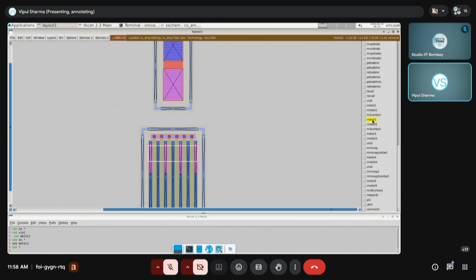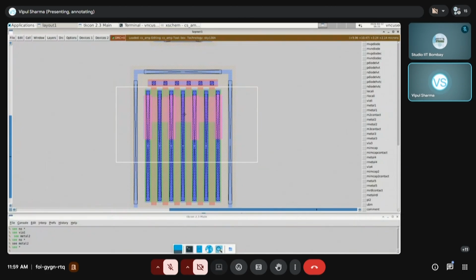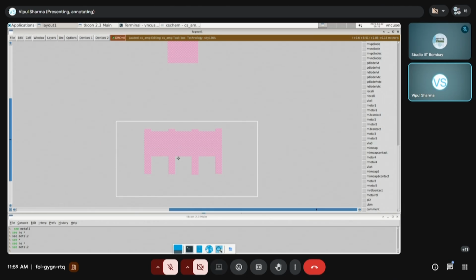So this is metal 2, and I want to paint this region using metal 2 because I have to make connection between these four terminals. So take your mouse over metal 2 and press the mouse wheel or the center button if that is available in your mouse. So this region gets painted using metal 2. This is how you paint the box, or you make a metal connection. In this case, this is a metal connection using metal 2. Now see, this metal 2 connection has been made between two individual terminals,